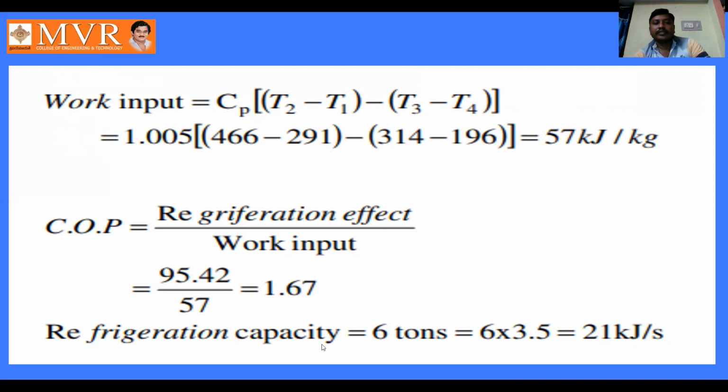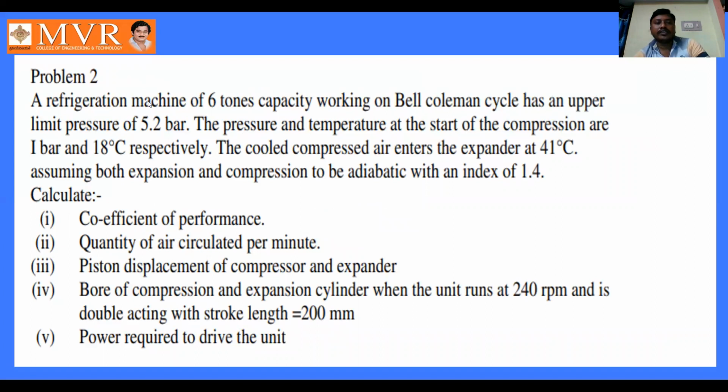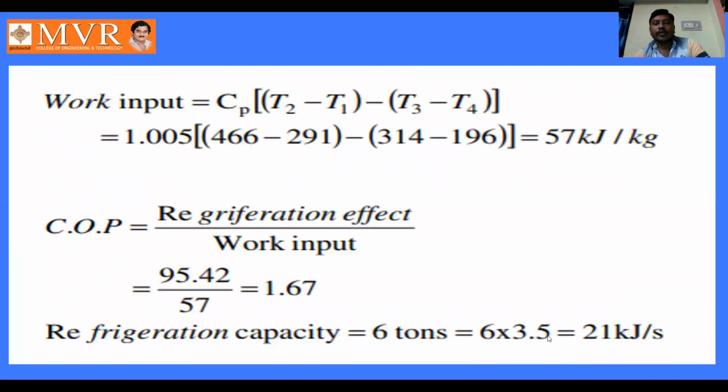See, the refrigeration capacity is equal to 6 tons. Already in the problem itself, he has given the refrigeration capacity of the machine as 6 tons. 6 tons is equal to 6 into 3.5. Why are we using 3.5 here? Because 1 ton is equal to 3.5. Yesterday I told you about the ton of refrigeration, that for 1 ton of refrigeration, for converting ice into water, we have the expression that 1 ton is equal to 3.5, meaning we are converting tons into kilojoule per second. Hence, we have taken 3.5 here.